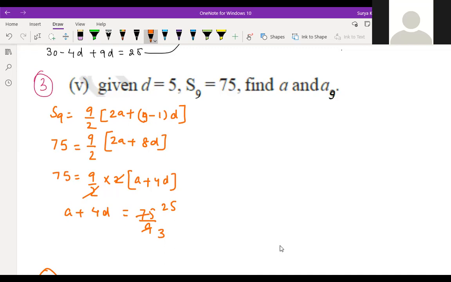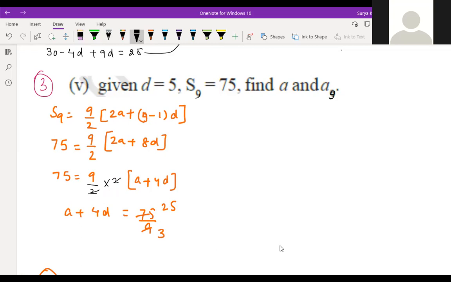If you remove this one, this is multiplication with this, no? This will become division or adding minus. Yes, sir. Here it is divided by 2 into 2. What is this? Multiplication. Yes, sir. So this will come this side, and on the other side, what will happen? Division it will go, right? Now put the value of d over here.